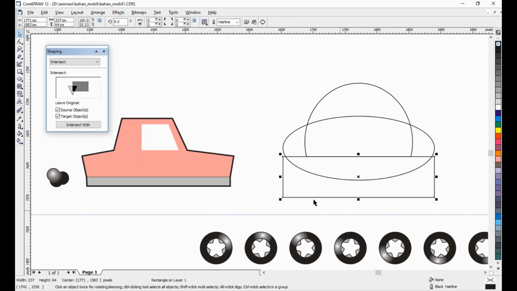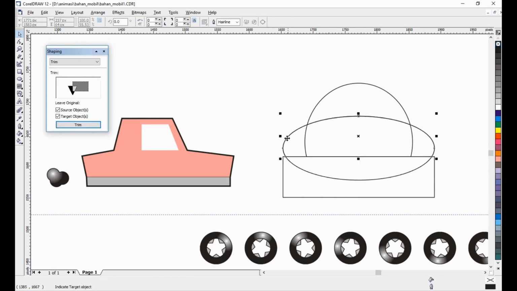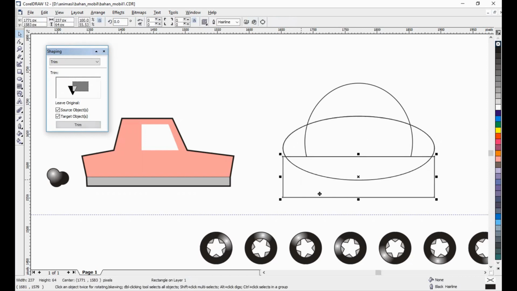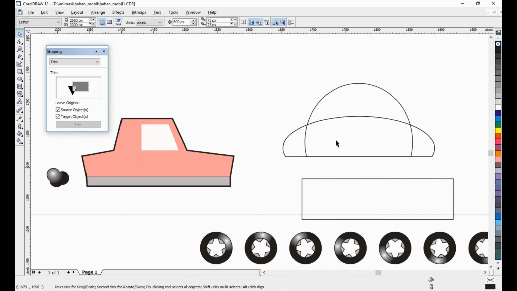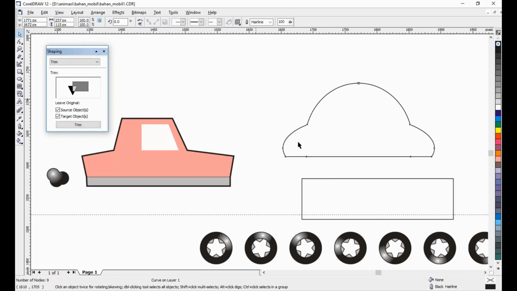This I want to trim. This object. Okay, like this. Okay. And I want to make a wheel. Yeah, that's it.